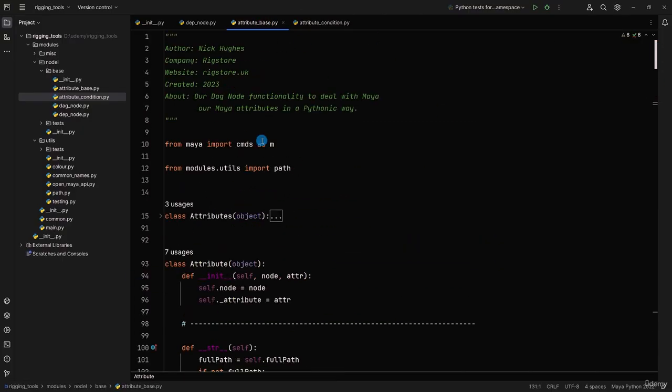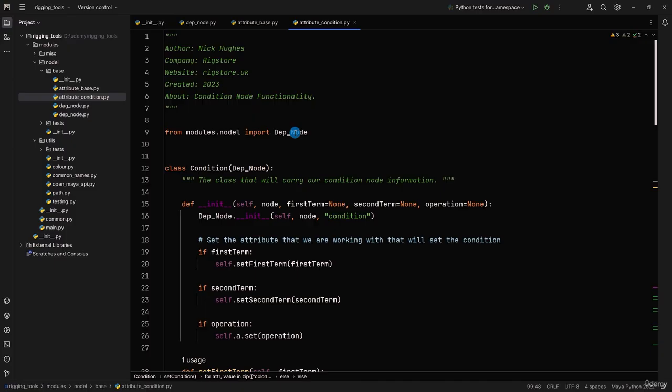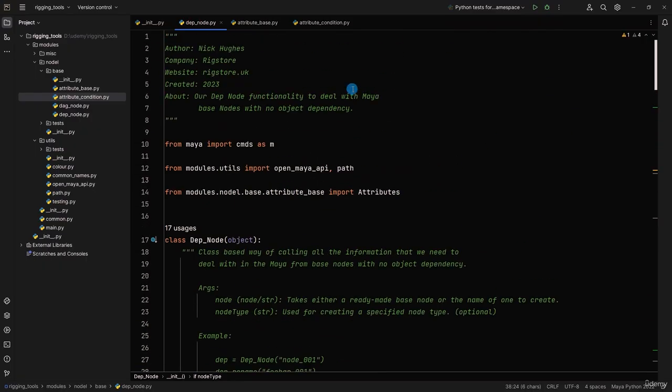And that is because in some areas our condition node is importing our dep node. We can't now import our condition node into our attribute node because our dep node is importing the attribute. So if we imported attributes, which then imported condition, and then condition imports dep, it would then re-import attributes, and you'd end up getting that circular dependency going on, which would